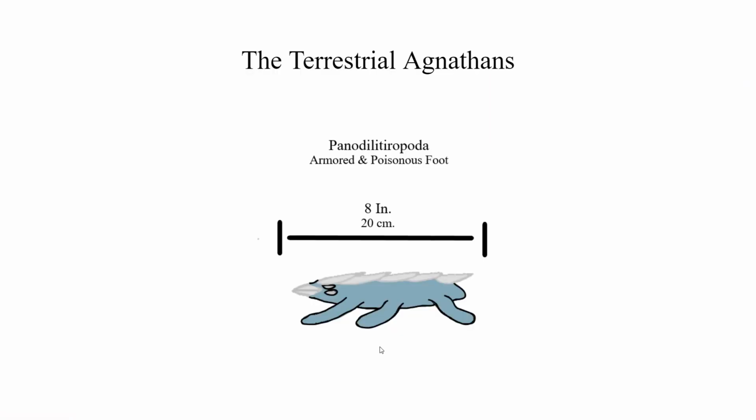But, as on the last slide we ended on the Agnathans, we might as well start there with the Terrestrial Agnathans, the only one we have right now, Penodilopteropoda. That's hard to say, so I don't want to say it, but I have to. That name. Anyways, it's descended from Panoplogarda, but has further evolved for life in the intertidal zone and then eventually dry land. It has no bones to speak of, only its external armor, and is held off the ground by legs of pure muscle. Look at that beef. That's some beef right there.